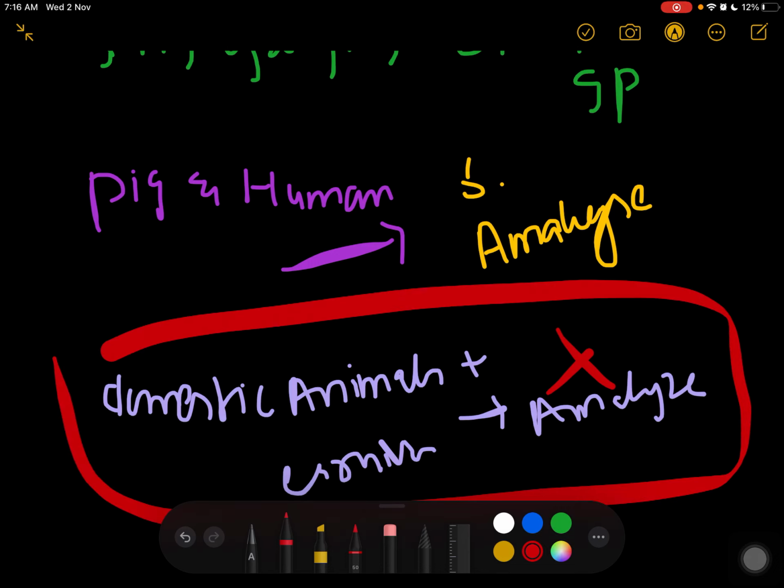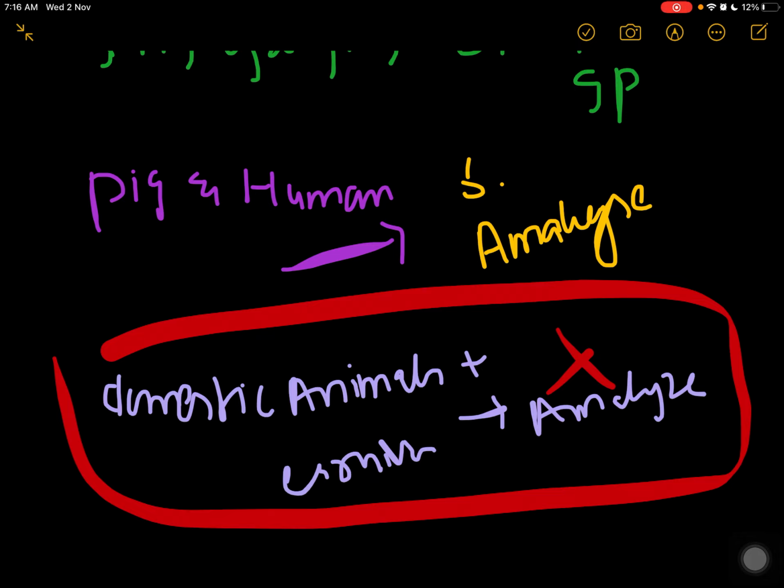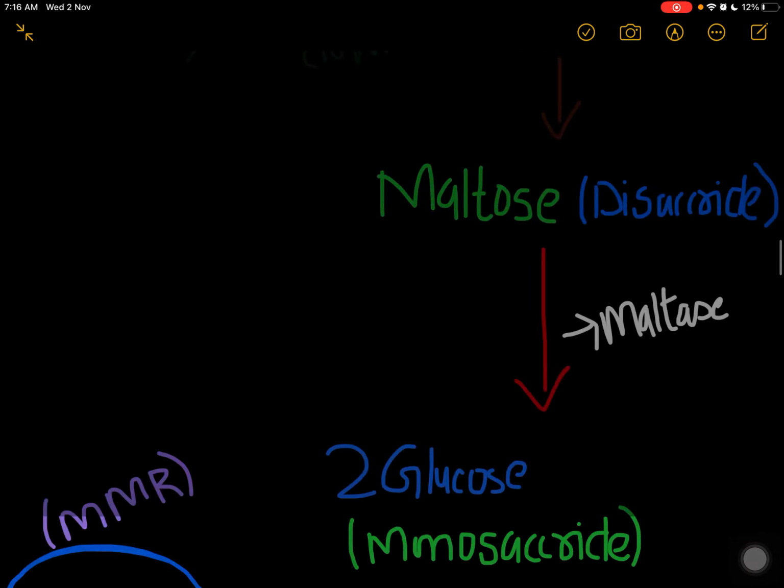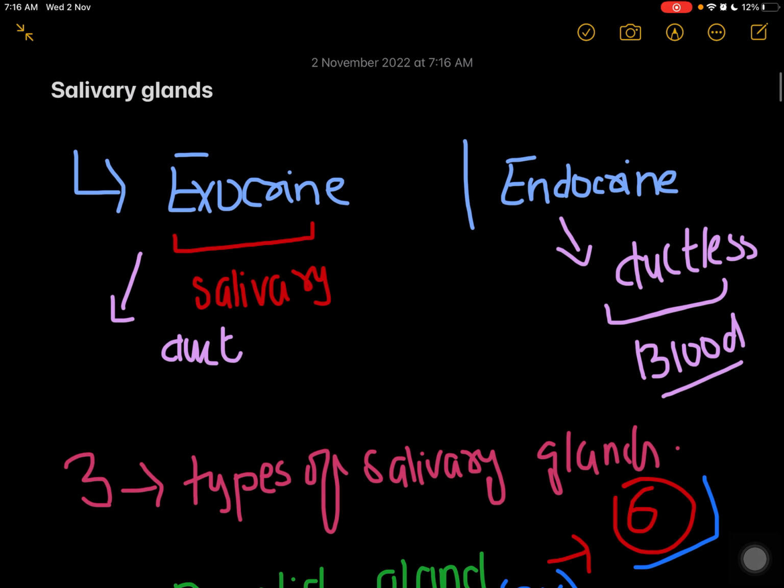In the saliva of domestic animals and carnivores, amylase is not present, but it is present in the pig saliva and the human saliva, the salivary amylase. So I hope the concept, like the salivary